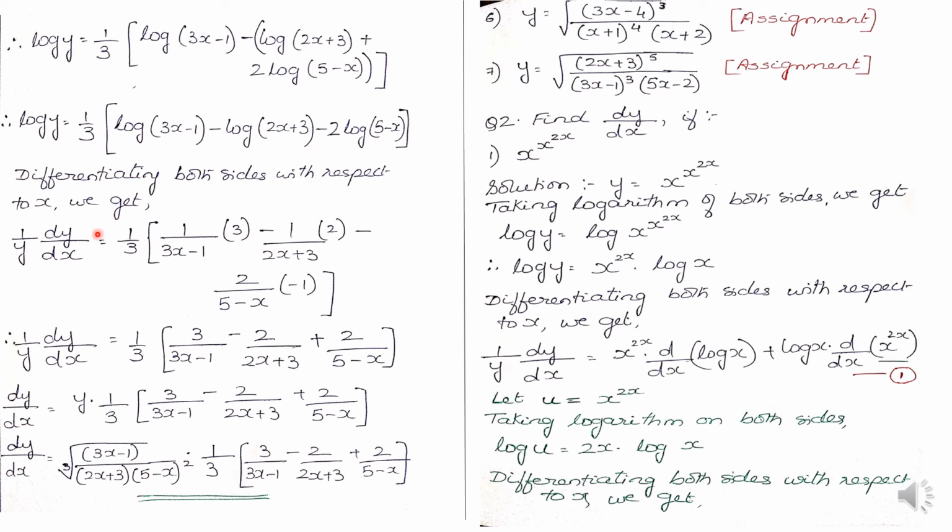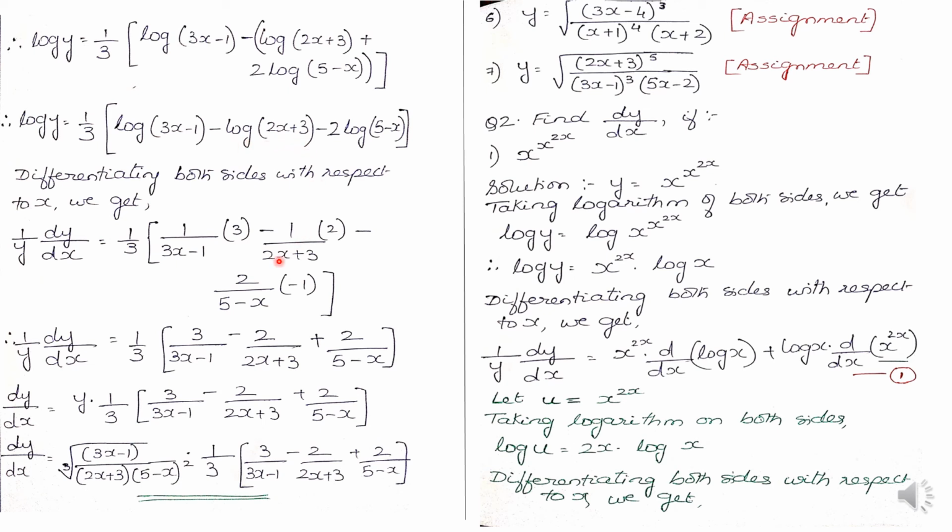Now we differentiate both the sides and we get 1 upon y dy by dx is equal to 1 upon 3 into, now the differentiation of a log is 1 upon, you know that already. So the differentiation of log 3x minus 1 becomes 1 upon 3x minus 1. And by chain rule, we also find the derivative of 3x minus 1, which is 3. So thus 1 upon 3x minus 1 into 3 minus,